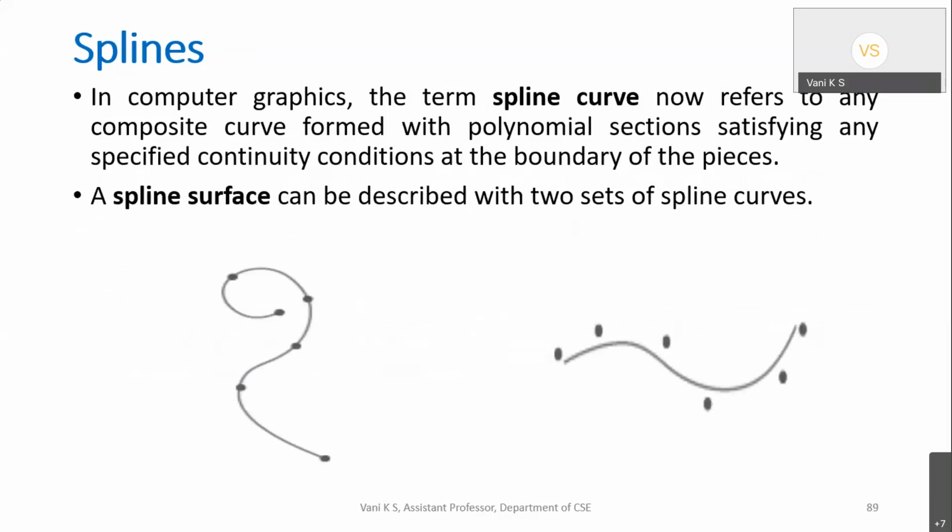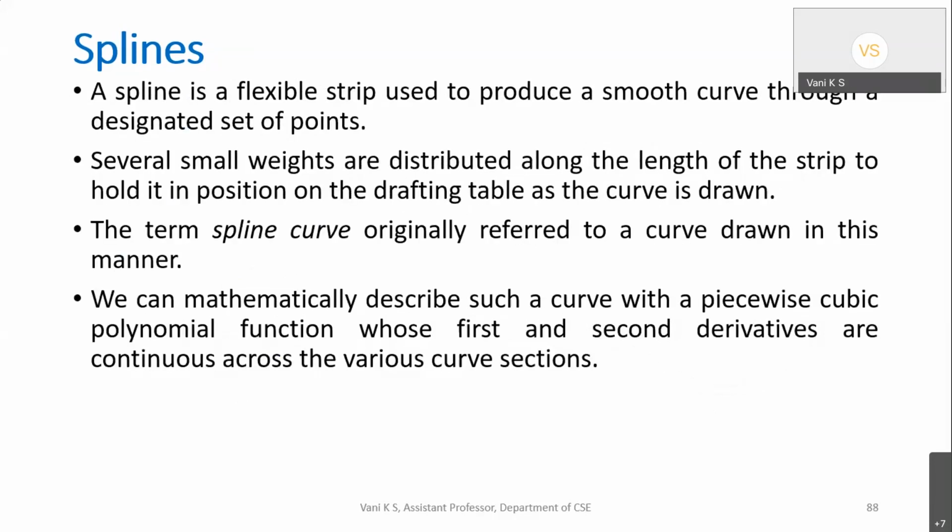Now, coming to the last topic here, splines. Splines are where you can draw a curve-like object in OpenGL. You know that in OpenGL or graphics, you don't have built-in primitives for curves like what we had for polygons, triangles and rectangles. Those are all straight lines, linear equations, but these become polynomial equations, very difficult to construct. So when you want to construct some curve-based objects, we can make use of this.